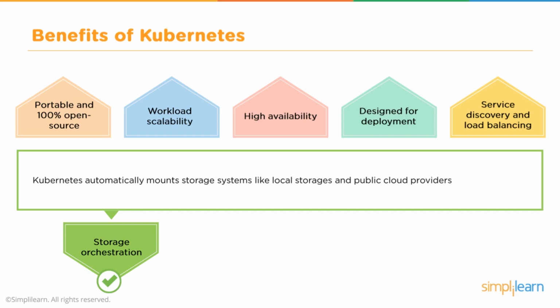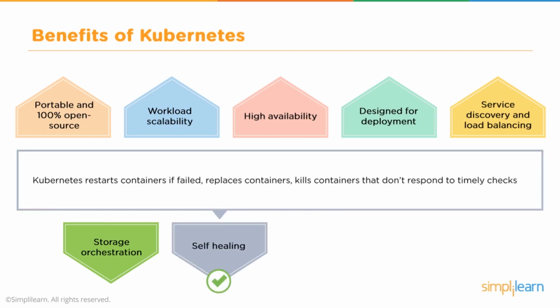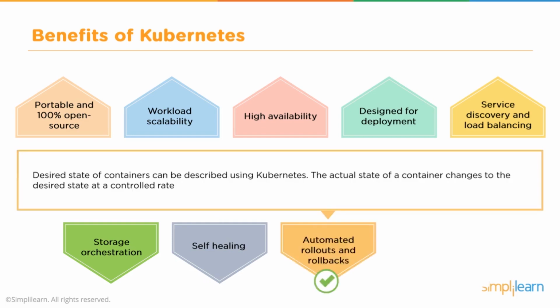And you can inherit the security that goes back and forth between the cloud environments. And one of the things you'll find consistent with Kubernetes is that it is designed for a cloud-first environment. Kubernetes as well is really a self-healing environment. So if something happens or something fails, Kubernetes will detect that failure and then either restart the process, kill the process, or replace it. And because of that, you also have automated rollouts and rollbacks in case you need to be able to manage the state of the environment.